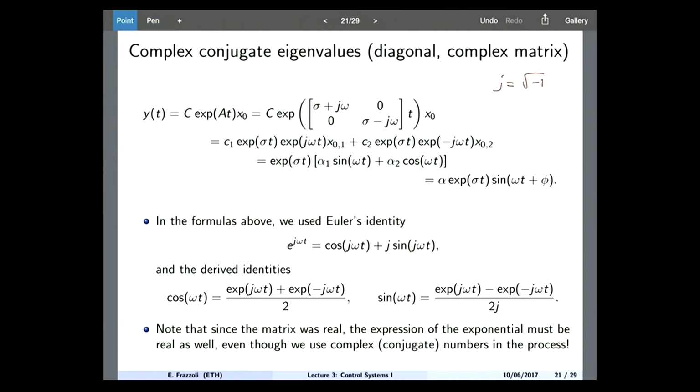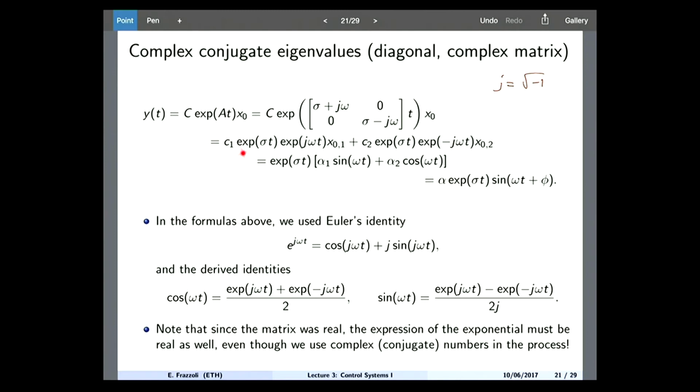Okay. So one entry will be sigma plus j omega. The other entry will be the complex conjugate, meaning sigma minus j omega. Okay? Let's pretend that these are normal, decent, real numbers, right? So in that case, what you will do is compute the solution as